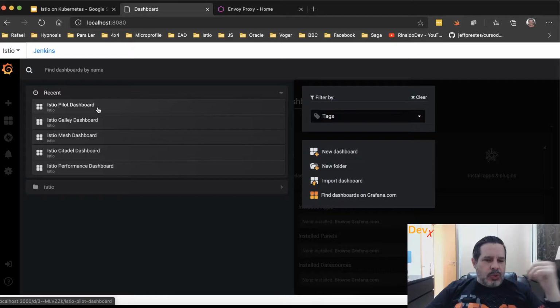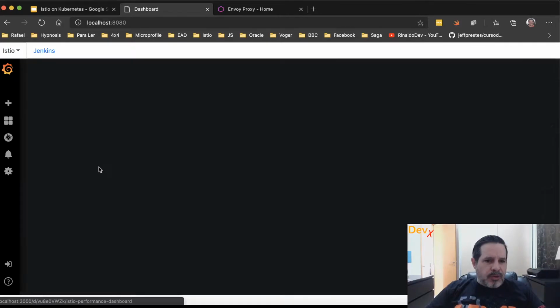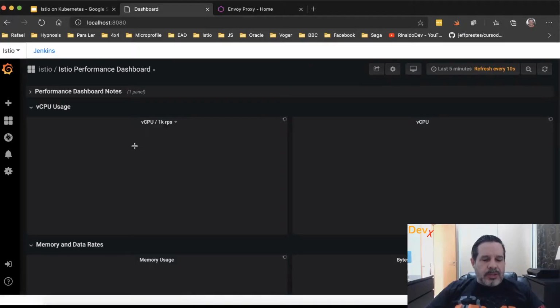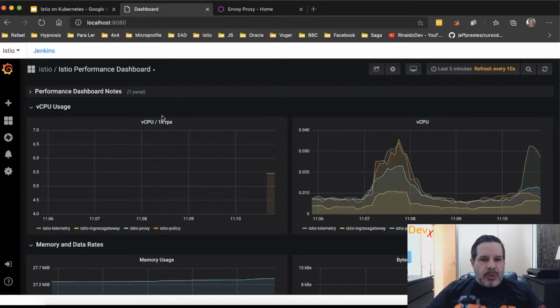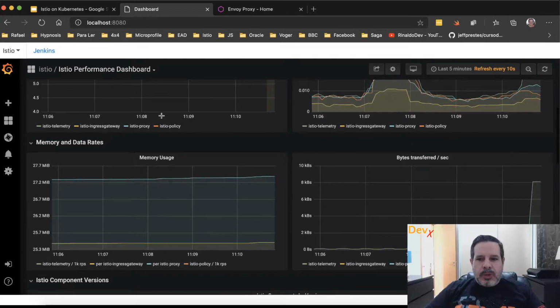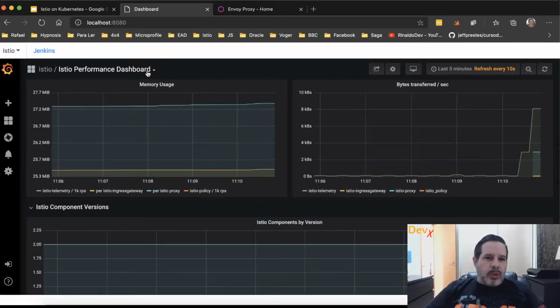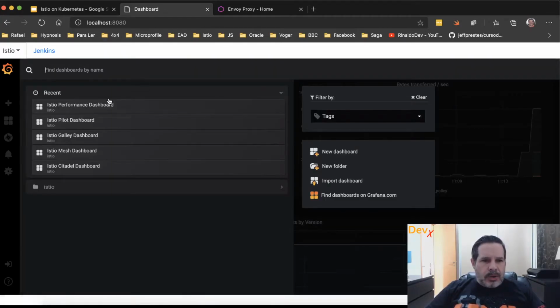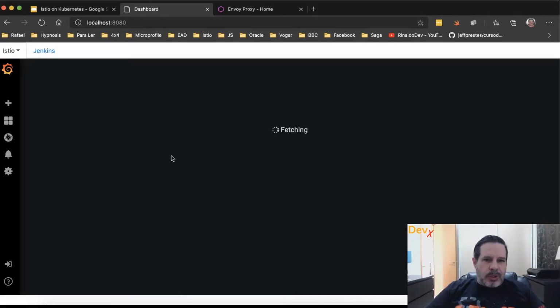We can choose a dashboard here, so let me show you the performance dashboard, where you can see the information related to CPU, memory usage, network usage. What else? Let me open another one, the mesh dashboard, which is running here.